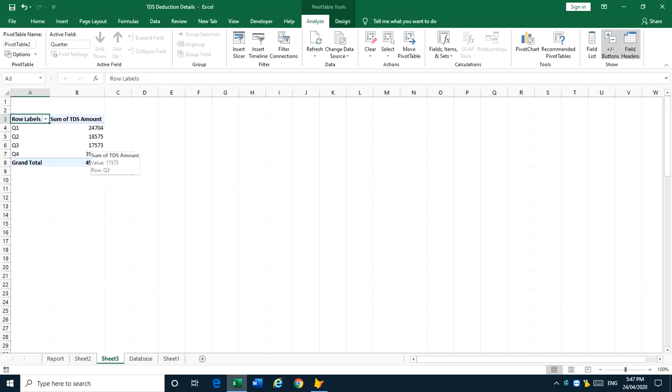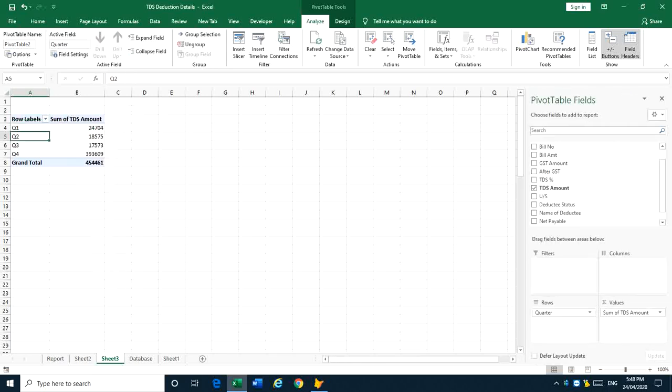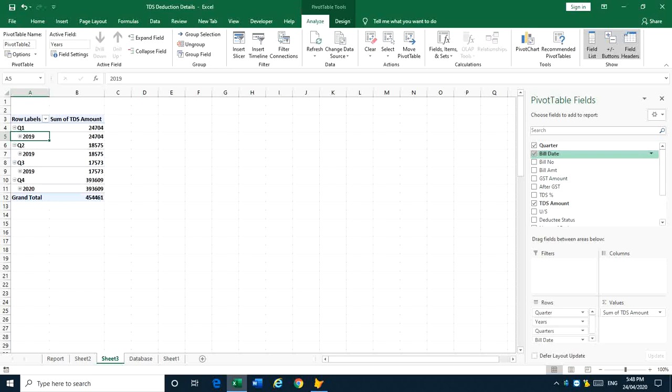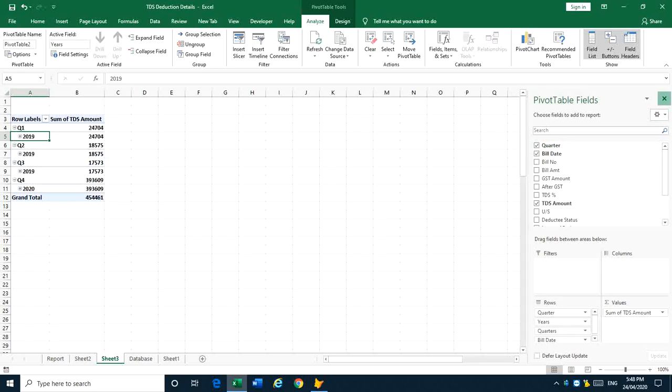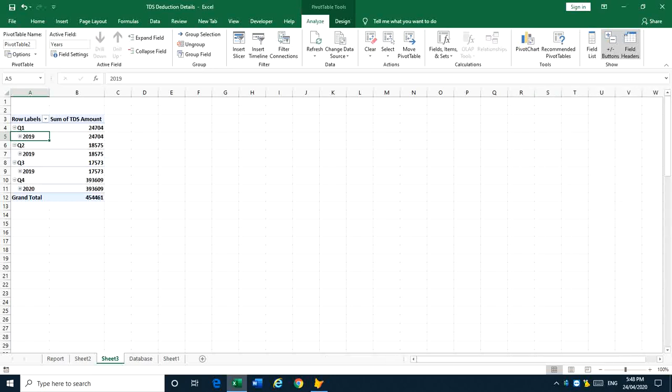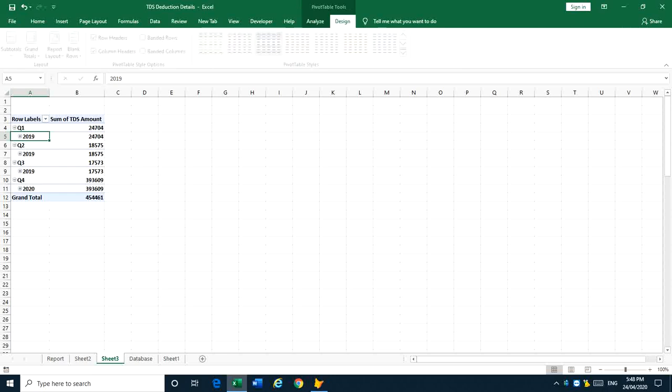Again from here I am going to insert month. Right click on the table, show field list, include bill date. Now it is showing year. Go to design, layout, show in tabular form.